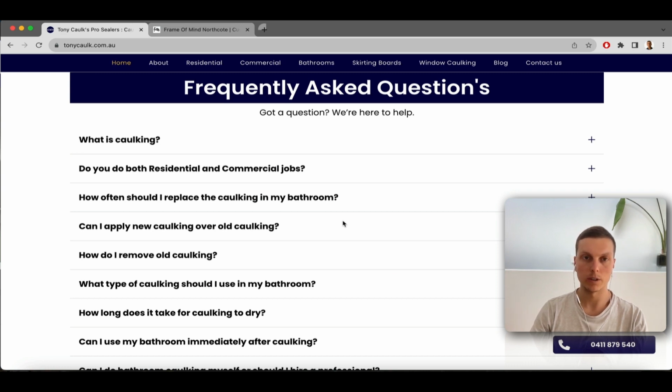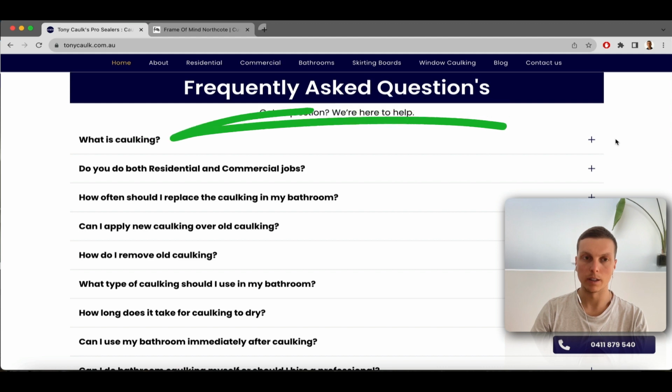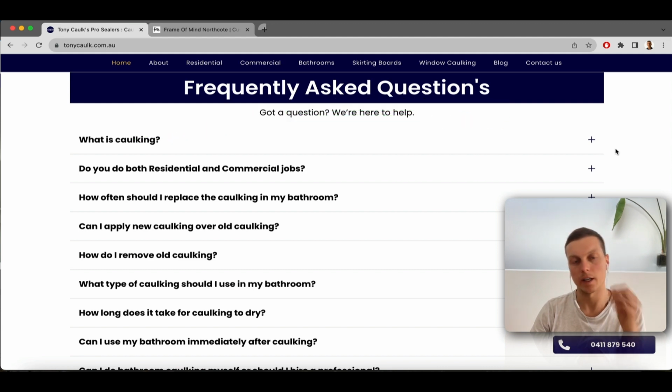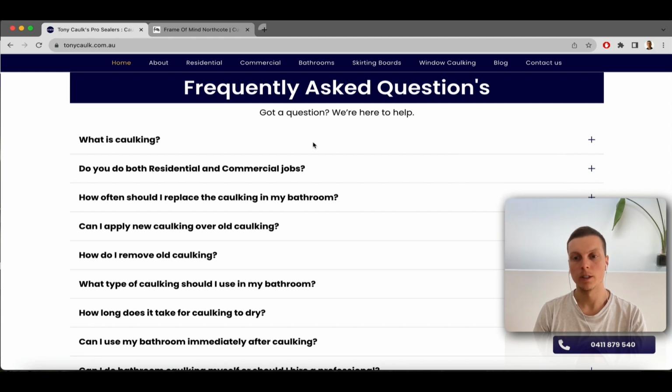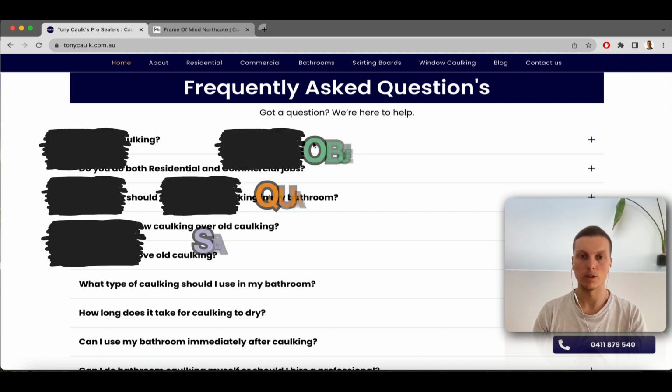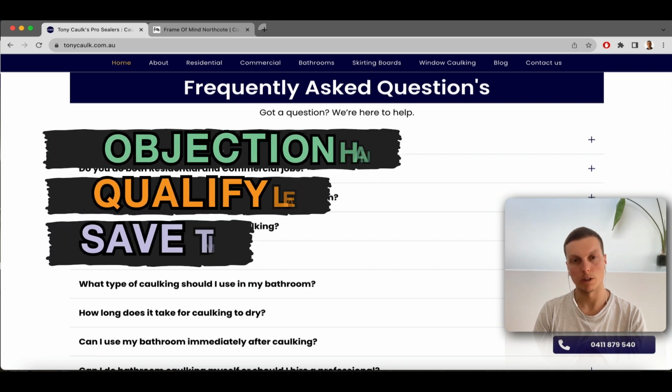Fourth key element is an FAQ, or frequently asked questions. Now, FAQ is super helpful and it's key. I like to have it not just for service-based businesses, but for e-commerce as well. It's why it's so effective, because it qualifies your prospects before they get in touch with you. And you want to think about the website as like an information hub that is going to lead to quality leads. And you can easily qualify people with the frequently asked questions, especially if the work that you're doing is